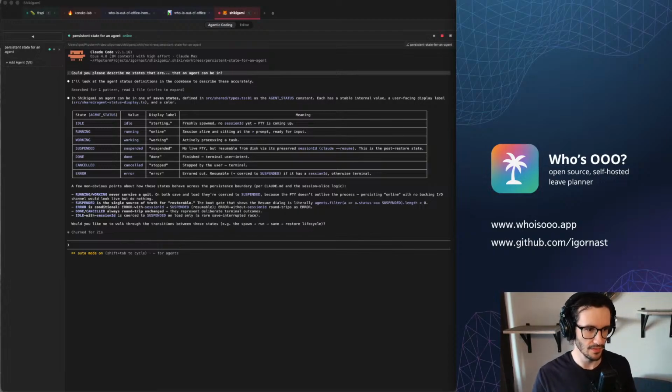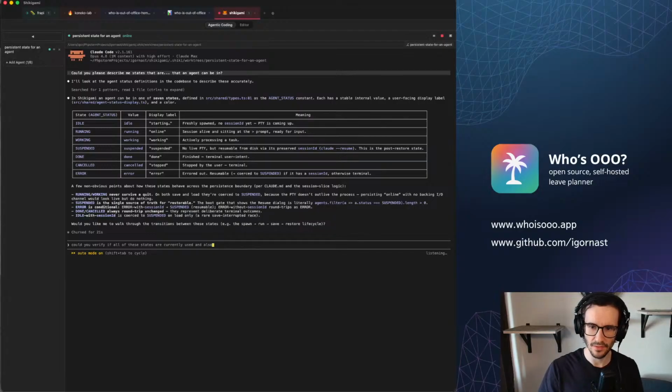That is why I asked for it. Okay, so we have 7 states. Could you verify if all of these states are currently used, and also if the notification system has access to them?